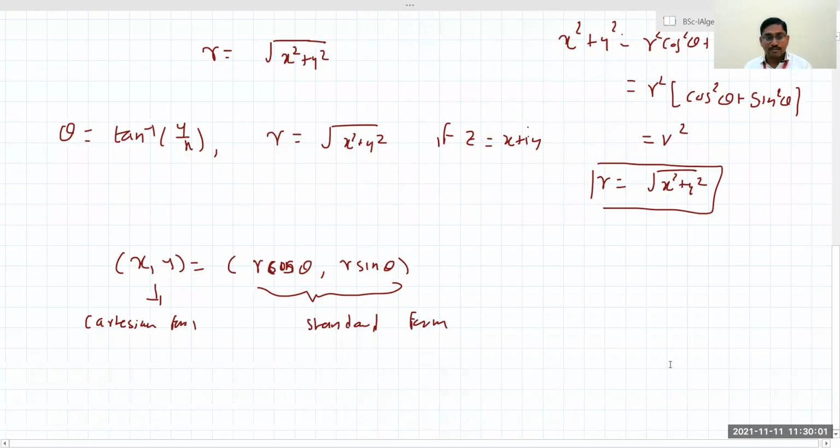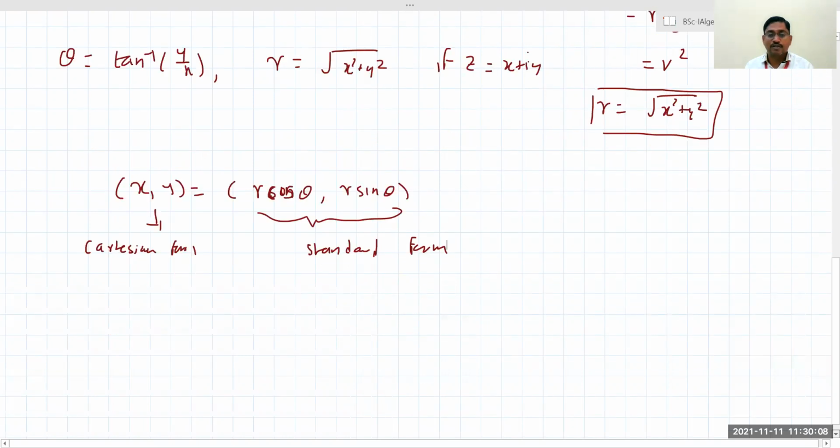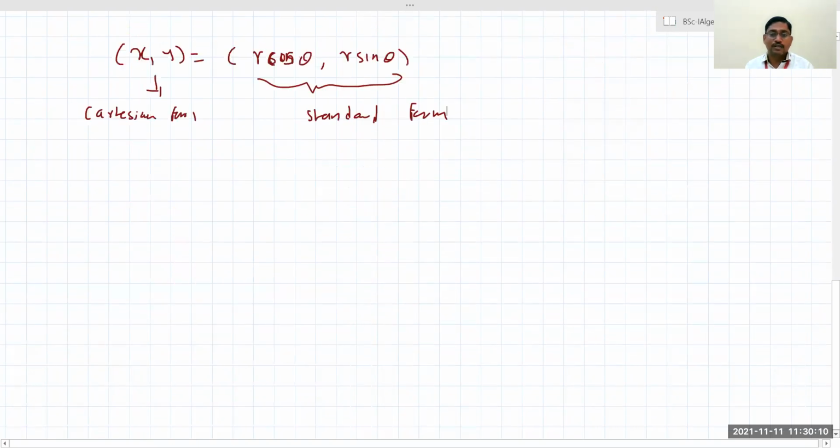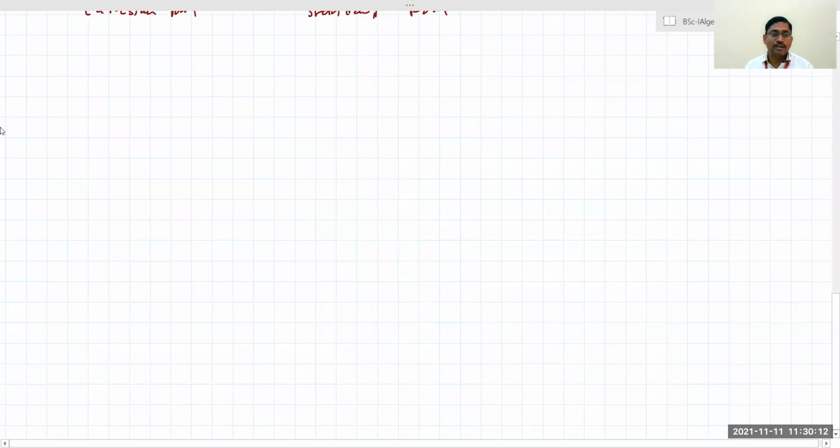So as vector quantities are not comparable, likewise here also we cannot compare, because complex numbers are vector quantities. You might ask, what is the magnitude? Magnitude is that r, and what is the direction? That theta is the direction, in which direction that number lies. So that's why complex numbers are vectors and we cannot compare. Don't say z is less than 2 plus i is less than 3 plus 2i. Like that, you don't compare.